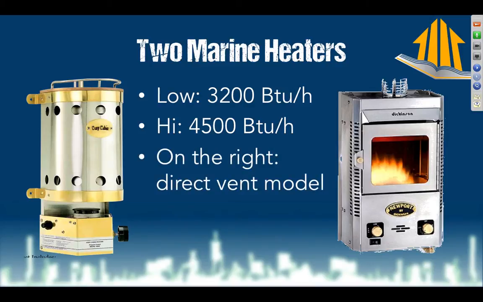Now, on the right, we've got what's called the P9000. That is the direct vent model. That is important because that means it's both exhausting its combustion gases to outside and bringing in fresh air to burn with from outside. So it actually has no connection with the inside of my house at all,